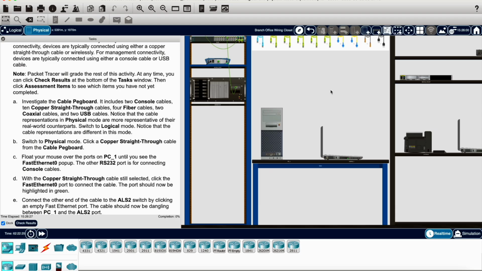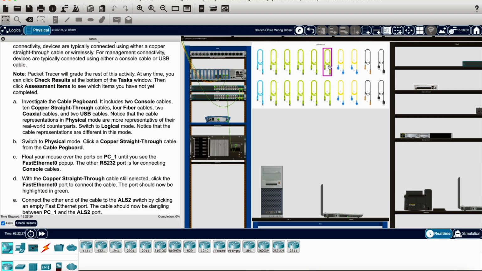All right, now the pegboard is this right here, right? And then it says I have two console cables, and you have 10 copper straight-through. 1 2 3 4 5. Yeah, 1 2 3 4 5. Yeah, 10 copper straight-through. Okay, so we have that information. What I'm going to do is